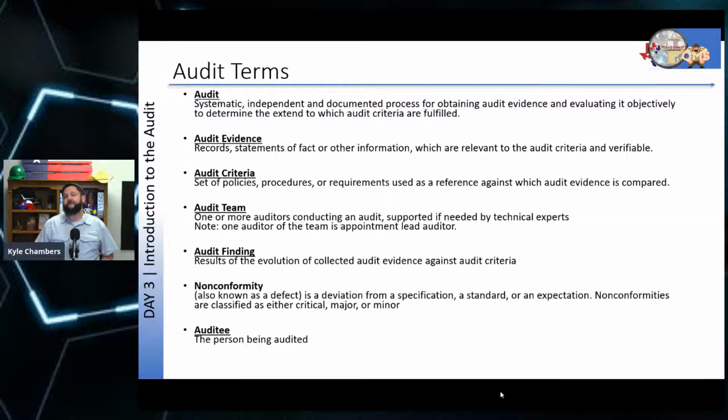So outsourcing an internal audit is really a fantastic way to get a fresh set of eyes, a different opinion, and an objective opinion on the audit. So you do want to check for the qualifications of their lead auditor. You want to make sure that your internal procedure matches those stated requirements.